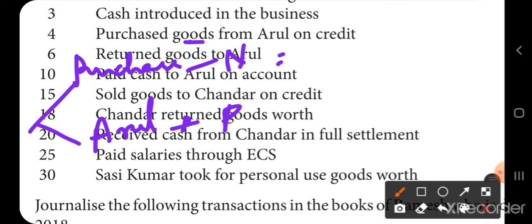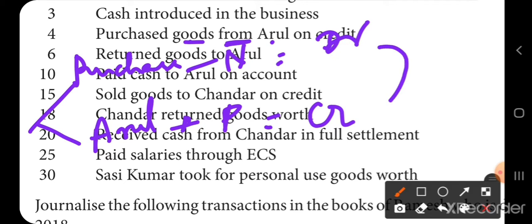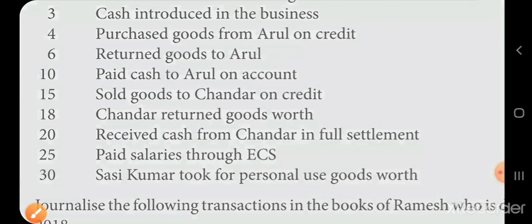Apply the rule, debit all expenses and losses. When you purchase something, it is an expense for you, so you debit. And credit the giver. Who is giving the goods? Arul. So credit the giver. The entry will be purchase account debit to Arul's account. Okay. The next one,